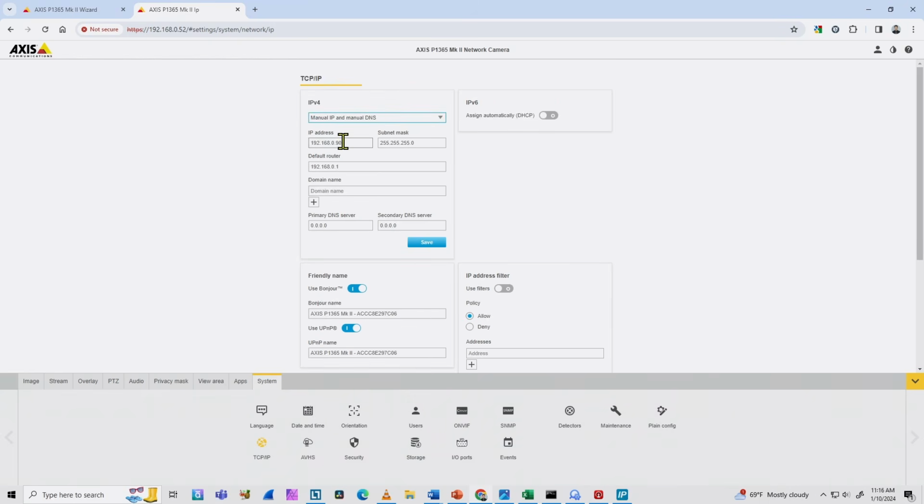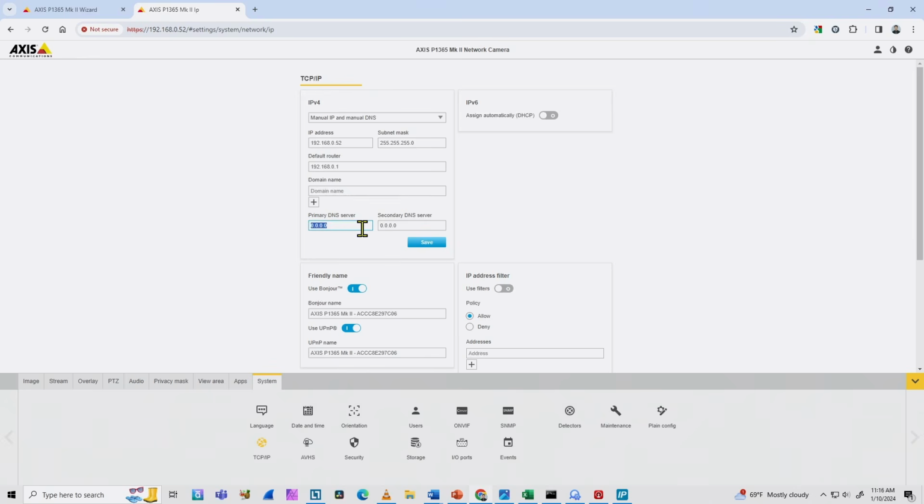So I can set here my IP address, my router. Let's say, for example, I want to use this one that the router gave to the camera, 52. So instead of having dynamic IP address, I have a static IP address. Now that I know that this one is not being used in the network, because the router gave the camera an IP address, we're going to save this as a static IP address, assign it manually,